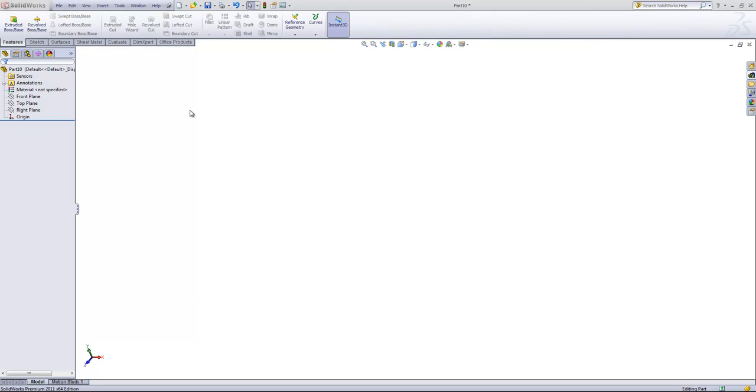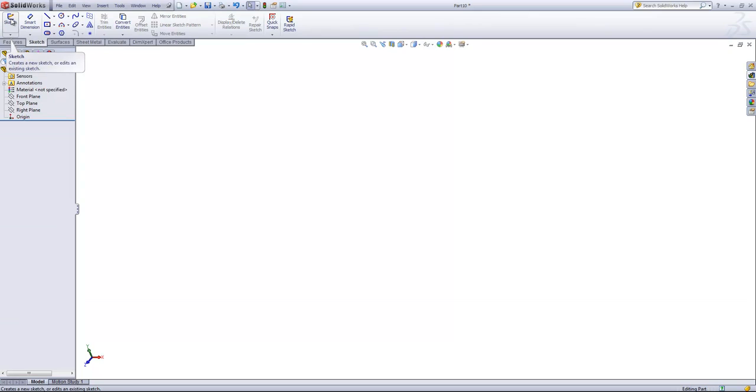To create any geometry in SOLIDWORKS, you have to start with a sketch. And now there are two kinds of sketches. There's a 2D sketch and a 3D sketch, and generally you'll be focusing on using the 2D sketches. To start a 2D sketch, you'll need to select a plane and choose the Create Sketch option, or you can go into the Sketch tab in the Command Manager and choose